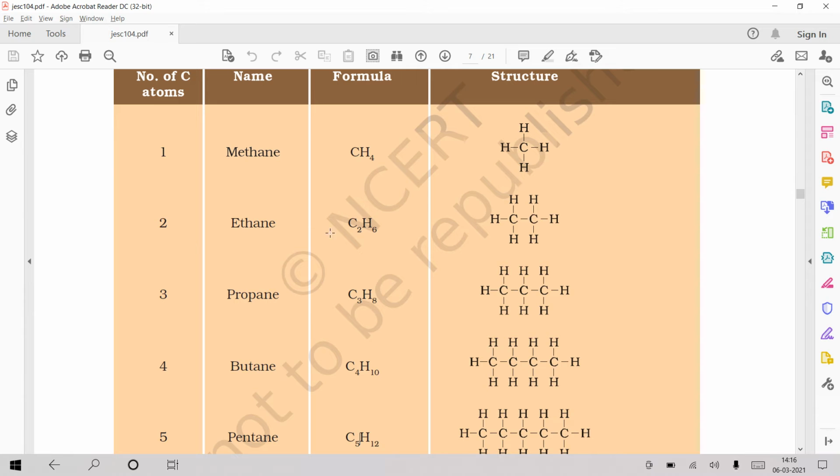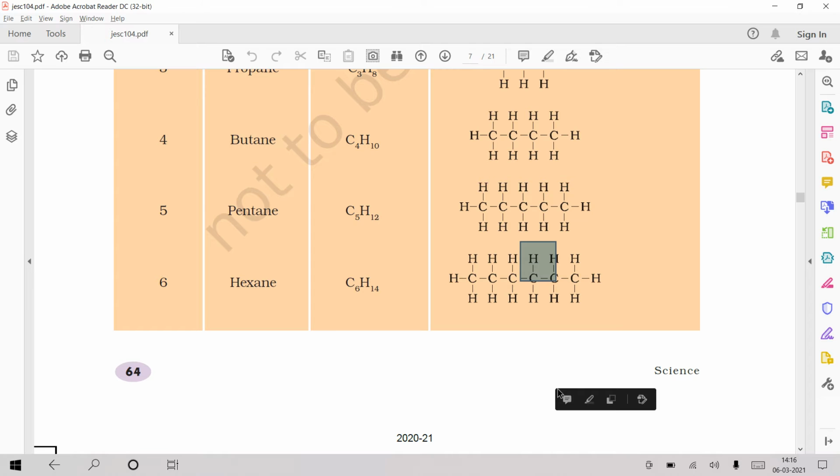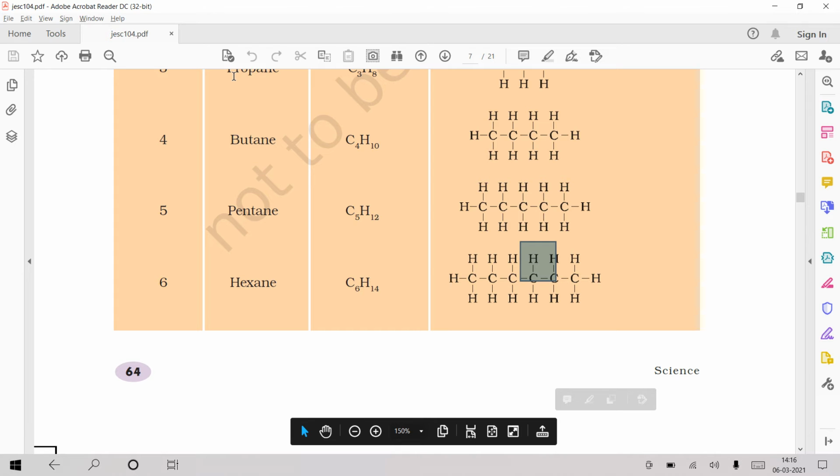So it is methane. The second one is ethane, that can be written as CH3CH3. So C with three hydrogens and C with three hydrogens, and there is a carbon-carbon single bond between them. So these are all carbon-carbon single bonds. You can see as we go on, we are adding one carbon. So these are all straight chain hydrocarbons, and they are alkanes. So now you have here propane, butane, pentane, hexane, like this.